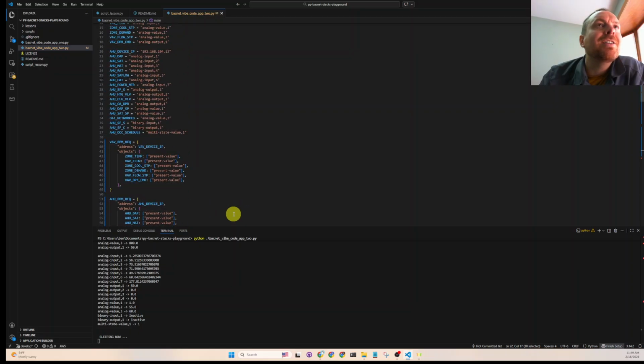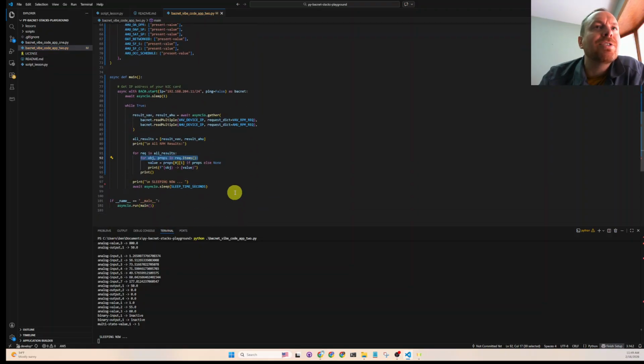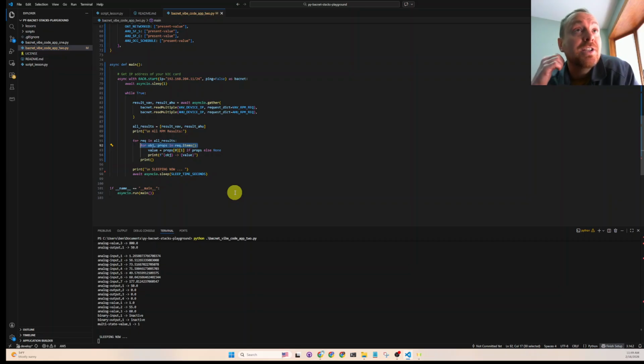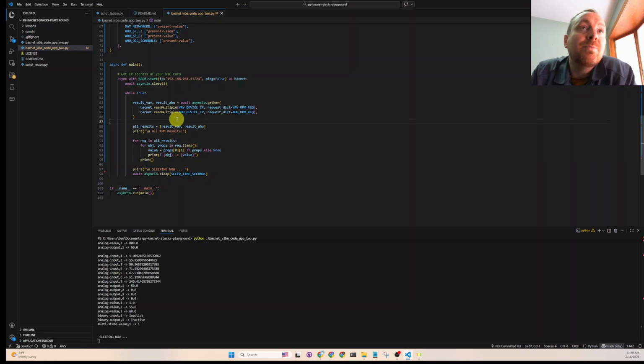So all right, I think I might end this one for today, and I do like how our script is functioning here. I might actually use this on some of my apps too. This asyncio.gather feature is probably just best practice, and probably doesn't make a big difference for just this little test bench example. But if you had a real building automation system, with hundreds, thousands of devices, and lots of things going on, it can't hurt